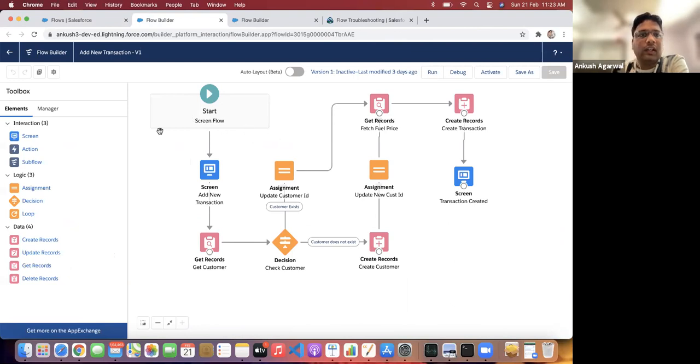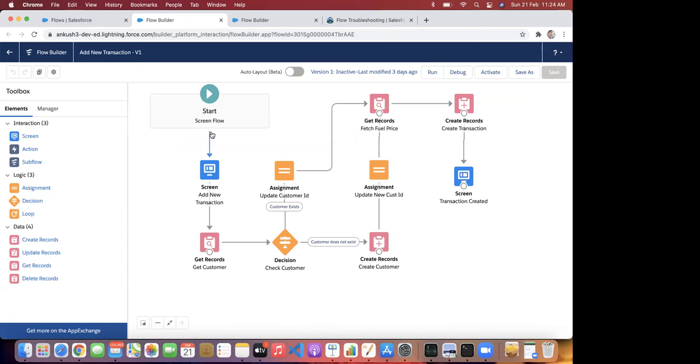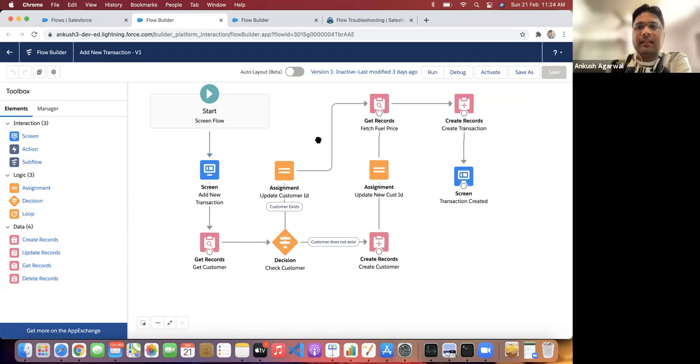So whenever we create any flow, it will ask us which type of flow you want to create. So this one is a screen flow. Just wanted to confirm, Vishal, is my screen visible? Yes, Ankush, I can see your screen. Okay, thanks.